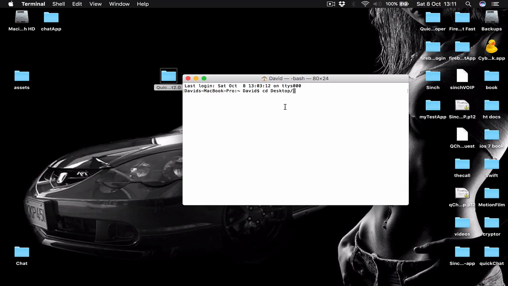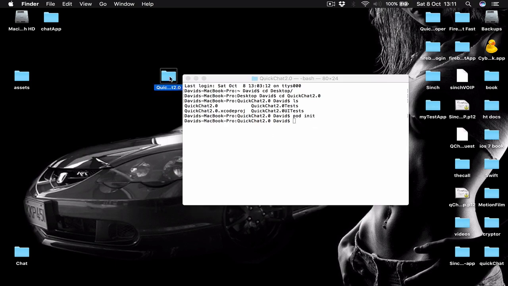I'm going to say cd again, and we need our QuickChat 2.0. So let's say quick. If I tap the tab key right now, it autofills for me. So it says QuickChat 2.0, correct. We hit enter, and right now we are in our folder directory. If I say ls, which is listing the directory, it shows what kind of files I have in my folder. So in order to create a pod file, I'm going to say pod init,